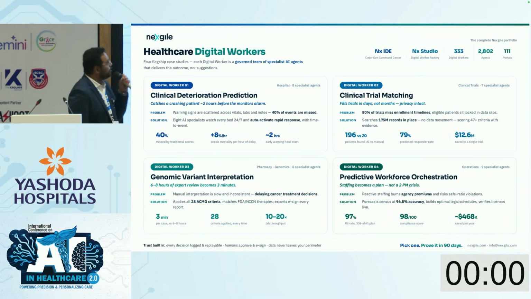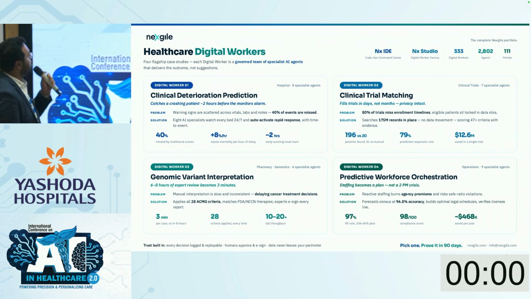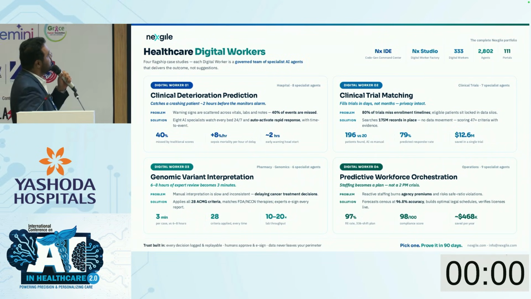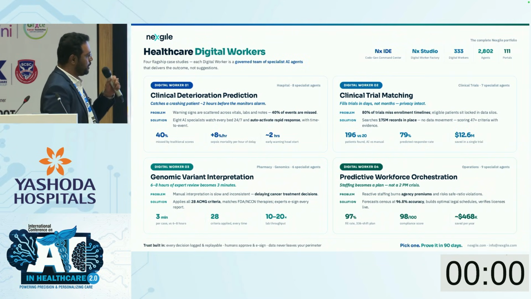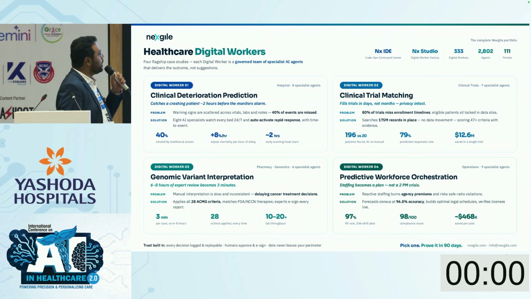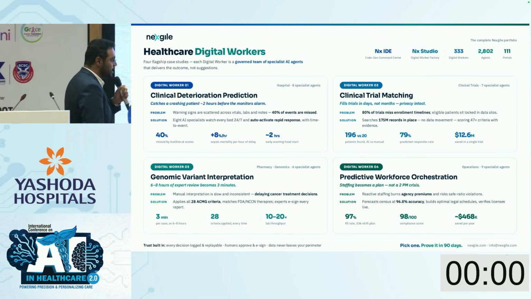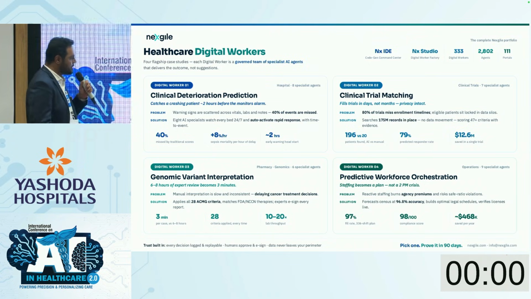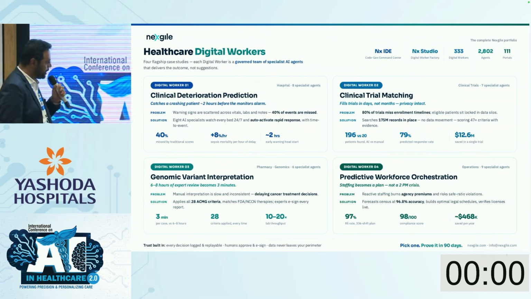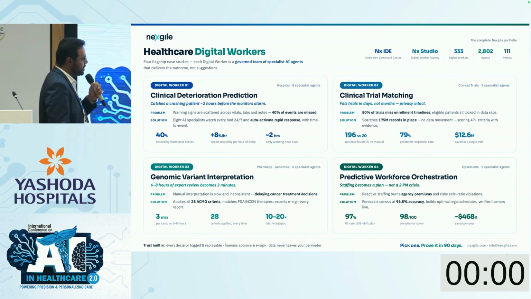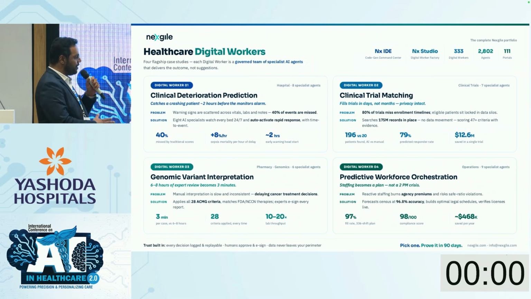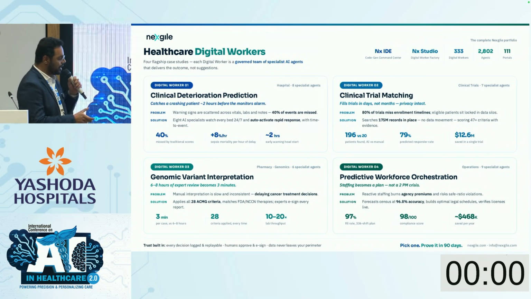Thank you so much, Sridhar Garu, for your lovely presentation. So, my recommendation to you for the first digital worker use case: if we can integrate this clinical deterioration prediction along with a clinical decision support system, that would really help the workforce to be used very efficiently, which will lead to overall operational efficiency and better clinical outcomes for the patient. Suppose a patient is having a fever spike of 101, and we observe a trend of 11,000